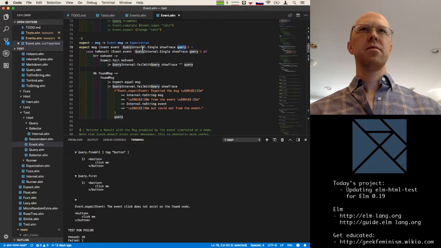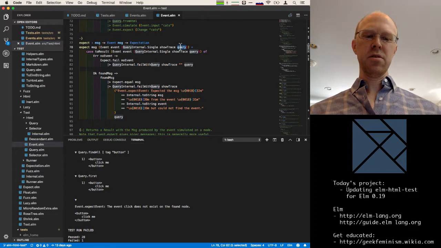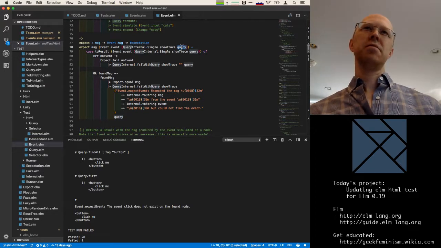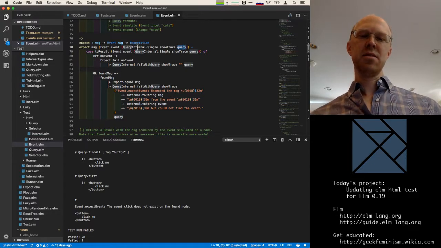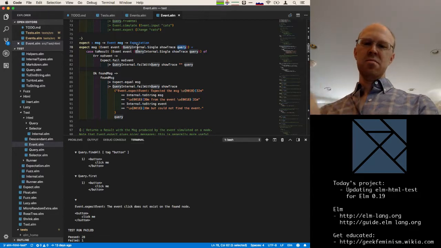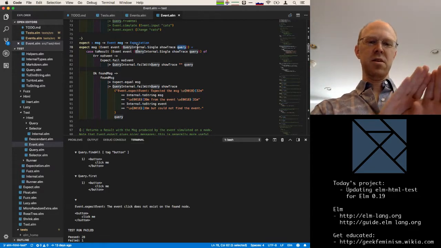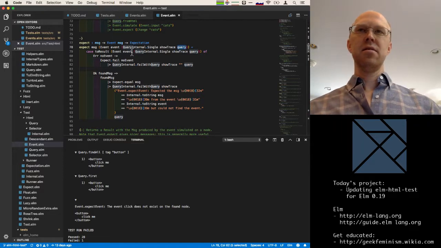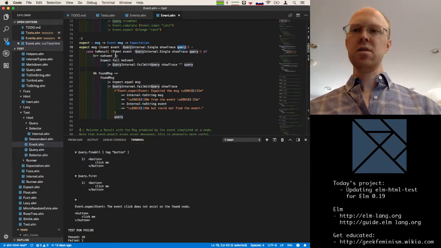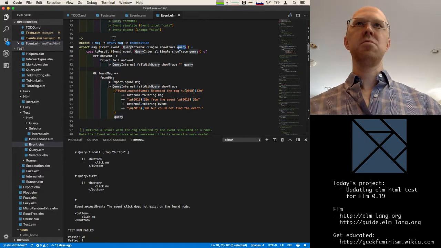This query basically at this moment contains the entire document along with the information about how we want to search it. So that's something I haven't really gotten my head around yet. It seems kind of backwards in how this works. Basically, it seems like elm-html-test is building up instructions about what query it wants to run, but it doesn't execute anything until the final step in your test, which seems kind of counterintuitive to me, but is not something I want to change in trying to upgrade the code. And there's actually probably a good reason for it that I just don't understand yet.